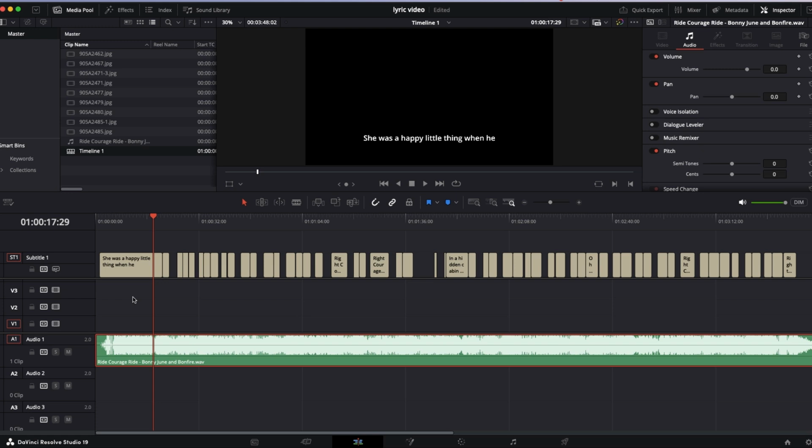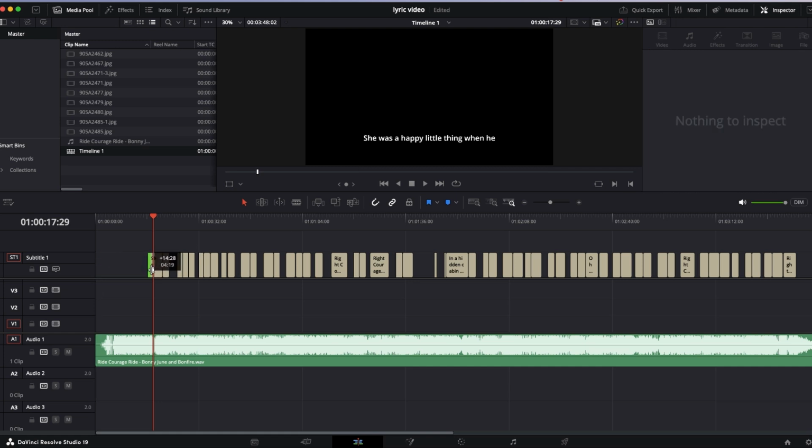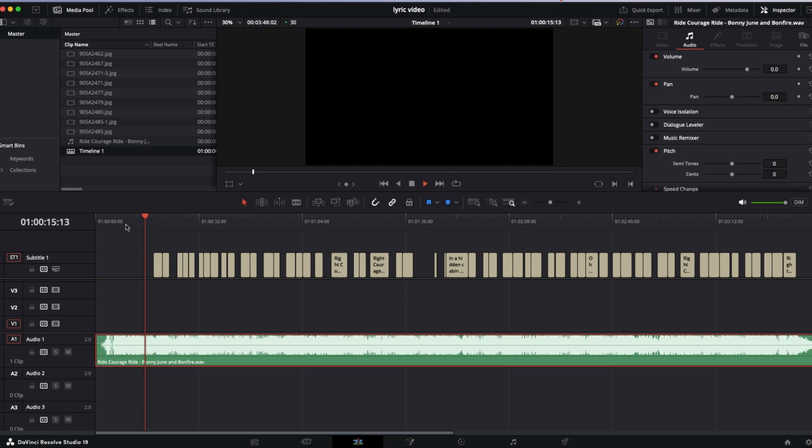Now this is where the singing is going to actually start. So we don't want the words on there till then. So you can see this little box with this line. It starts right from the beginning, so we're going to get rid of it. Basically just drag over to here, and now what'll happen is